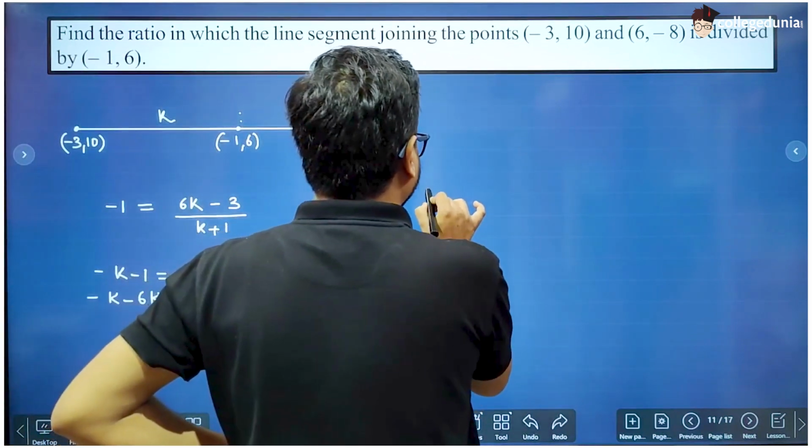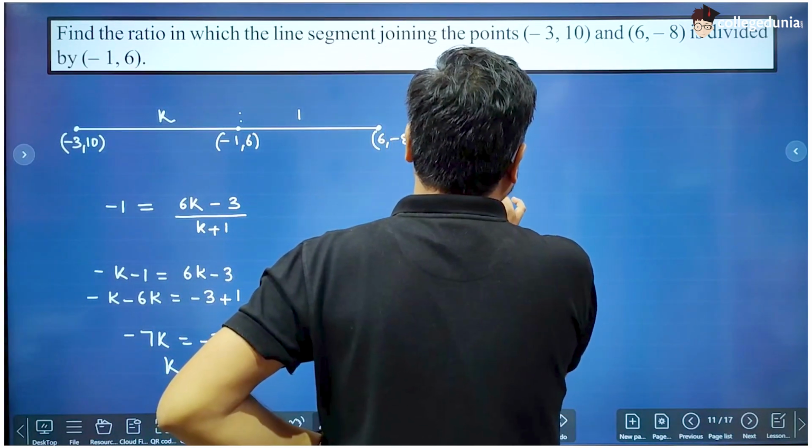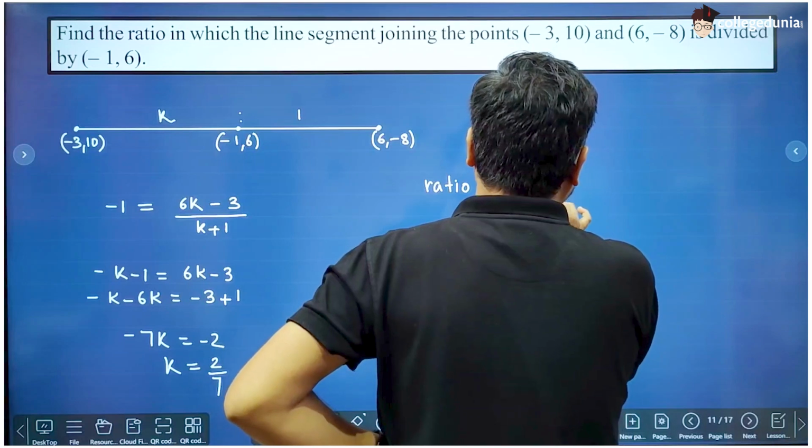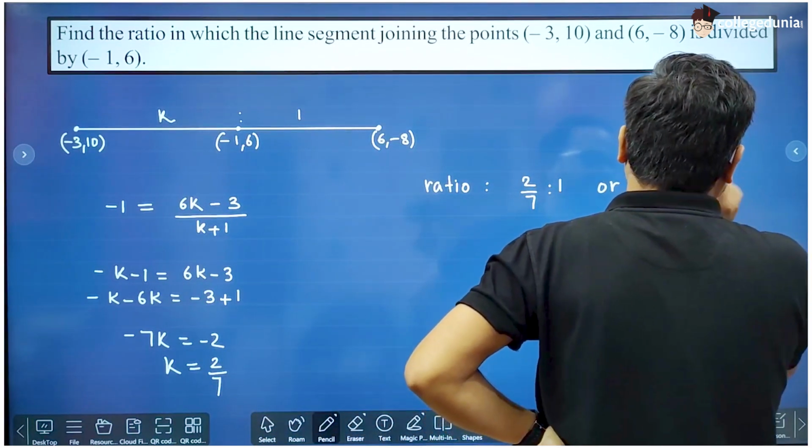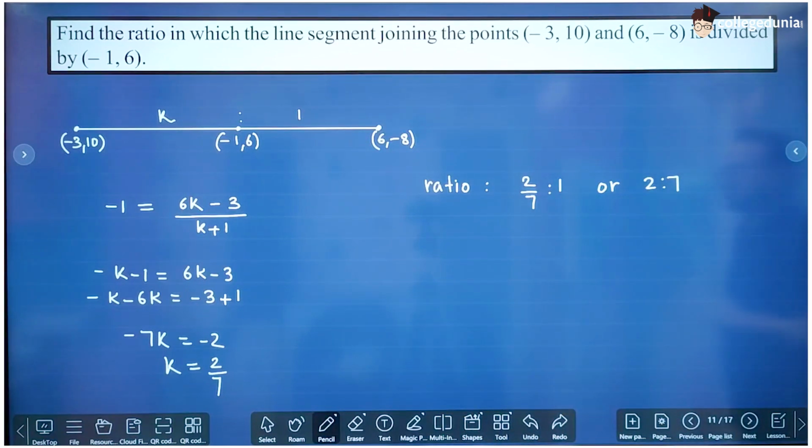K is 2 by 7. So we can say that the ratio is 2 by 7 is to 1, or 2 is to 7, right? So the ratio is 2 is to 7. Next,